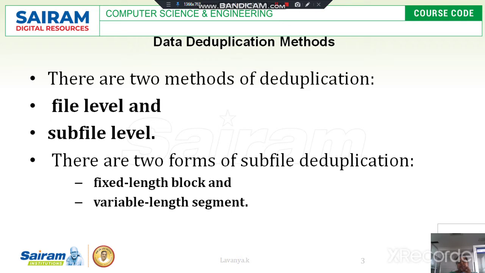In the sub file level, we classify it into two things: one is fixed length block and the other is variable length segment. In the fixed length block, if we want to create or modify any data, yes, we can modify.